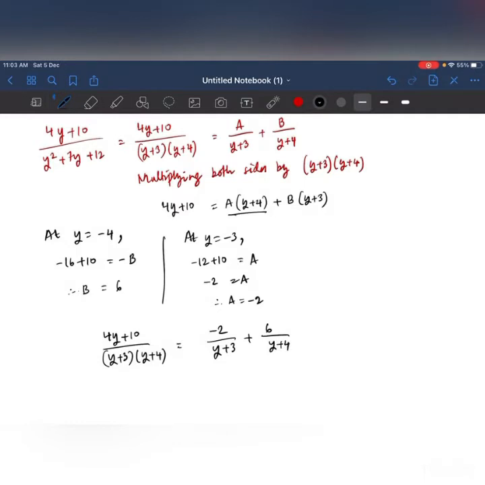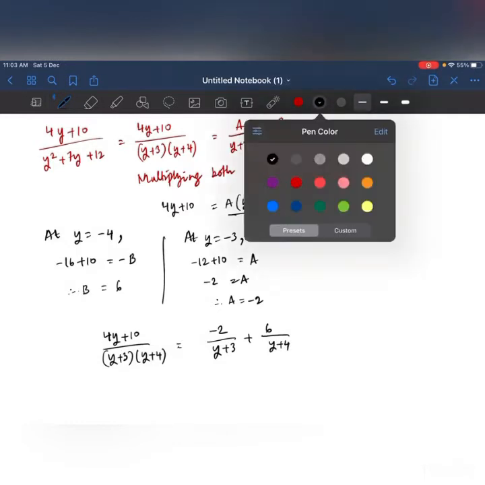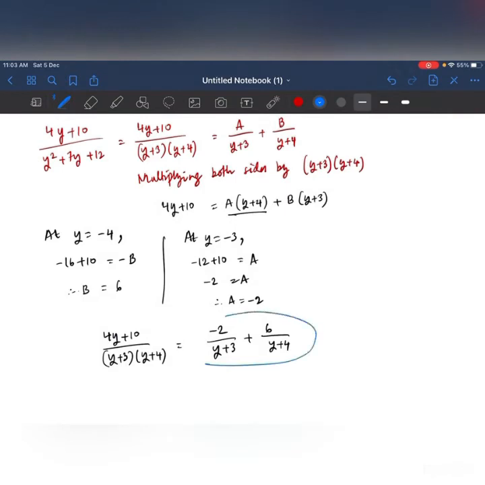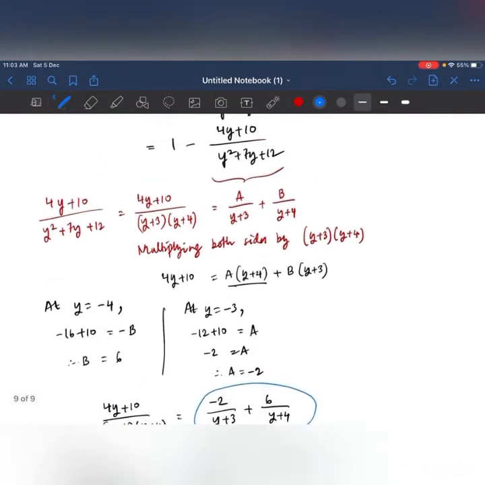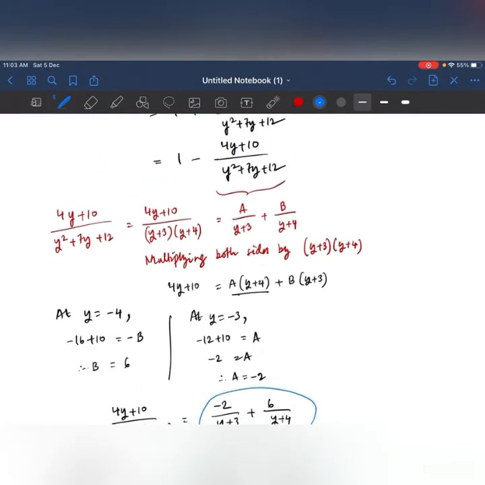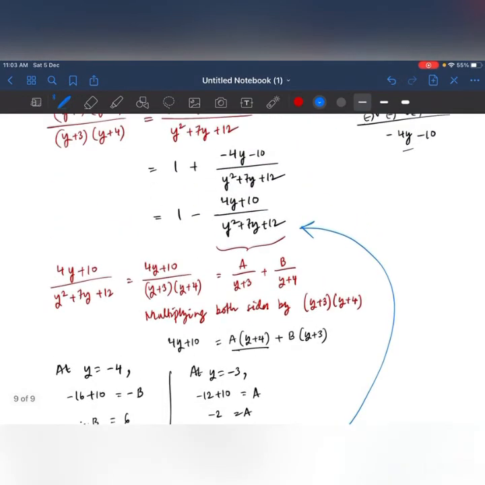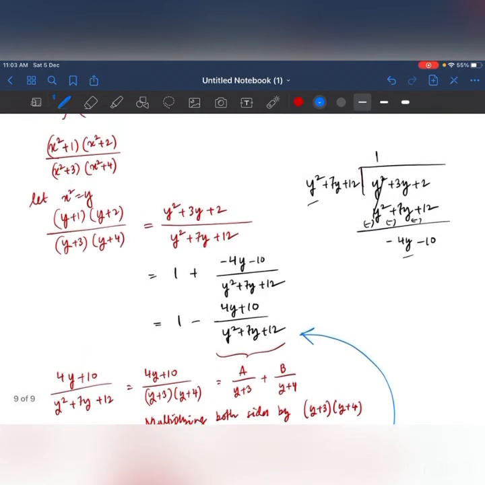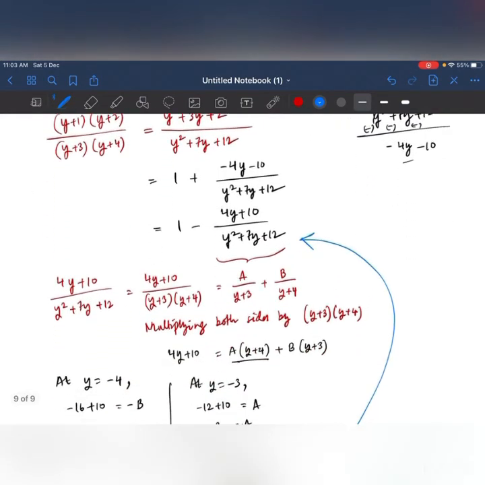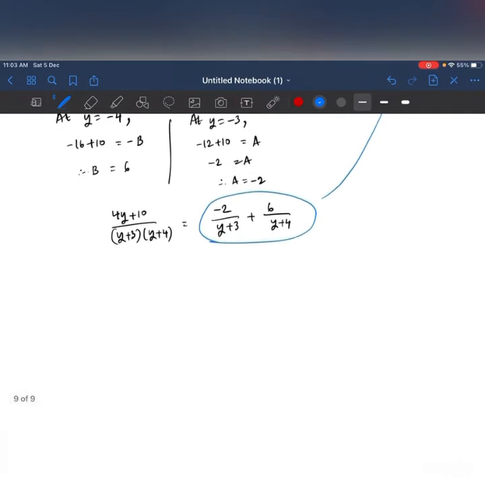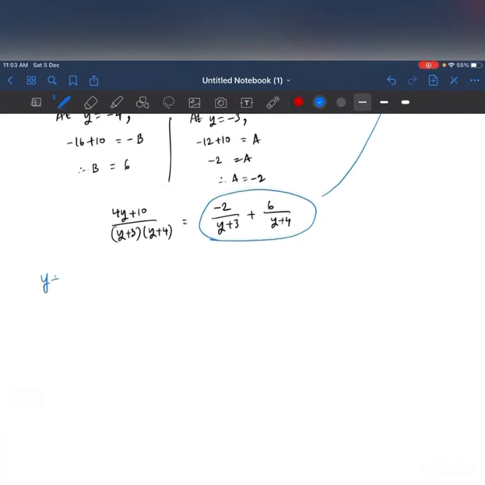So what are the important things which we have? First is this one. This is 4y plus 10. So this value I will substitute in here. Okay, and when I substitute in here, so basically it's what? So this value gives us what? Y plus 1. So let me write this one. So what we have is, the simplified form is (y plus 1)(y plus 2) divided by (y plus 3)(y plus 4).